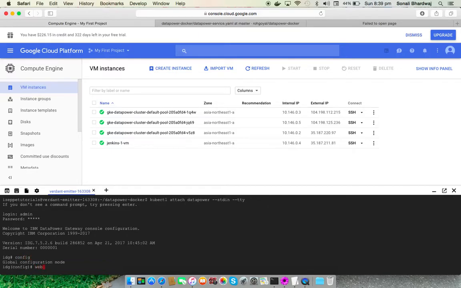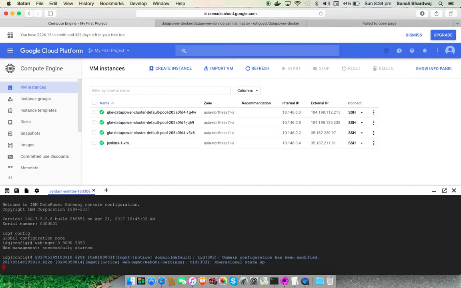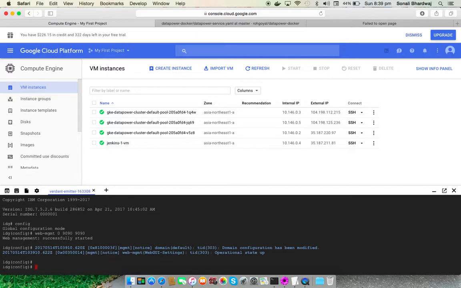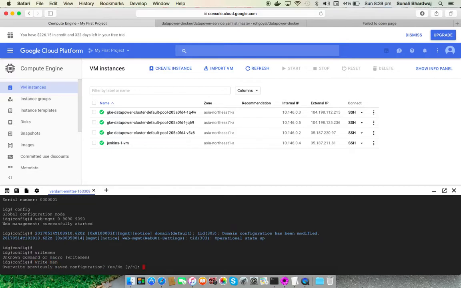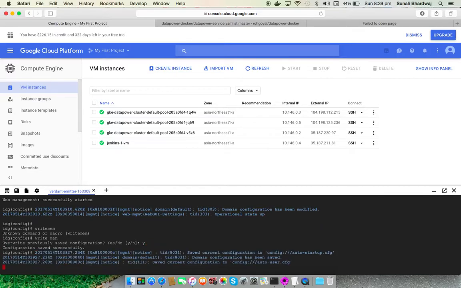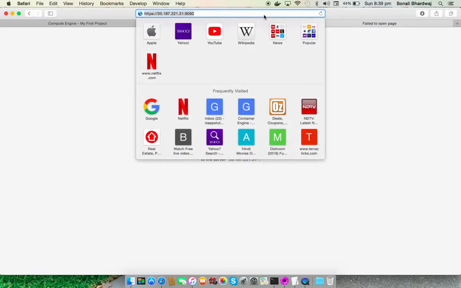and now I'm going to say web-mgmt 9090. Successfully started. So it's going to start, and I'm going to say write memory. Yes, I want to save it. So now I have saved it, and my web management has started. Now if I go back right here and try this again,